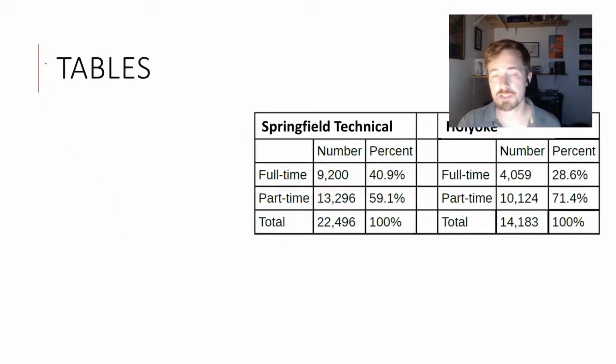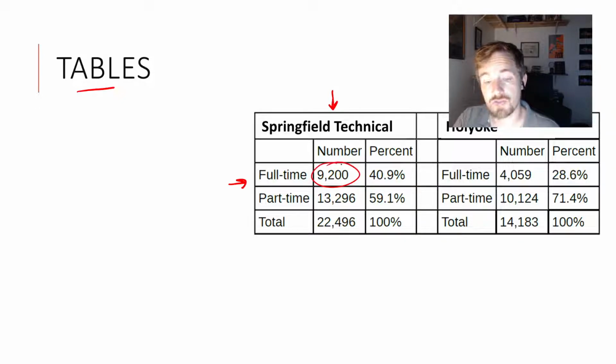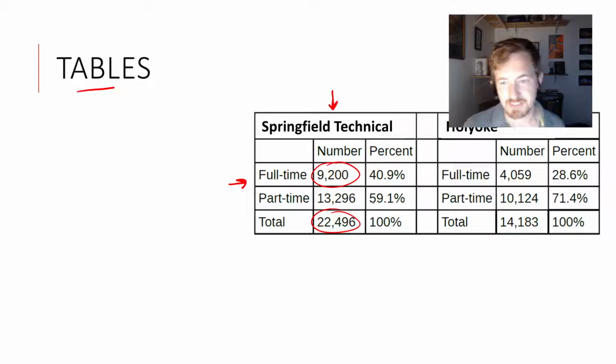Alright, so the most basic, straightforward way of representing data is with a table. I'm going to go over this even though I know it's really obvious, but usually in a table, what you're going to find in most cases is that the columns tell you something about a variable or that the rows tell you something about a variable. So here, what we're looking at is Springfield Tech versus Holyoke. We're looking at the different kinds of students who are full-time, and in Springfield Tech we can find that number is 9,200 out of a total 22,496. I know that you know how to read a table, you got to college, but